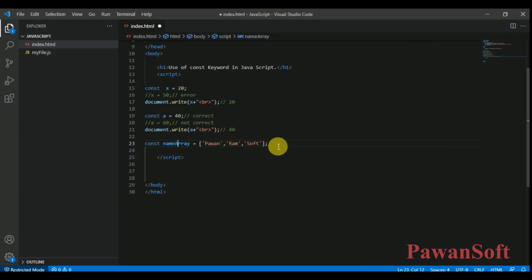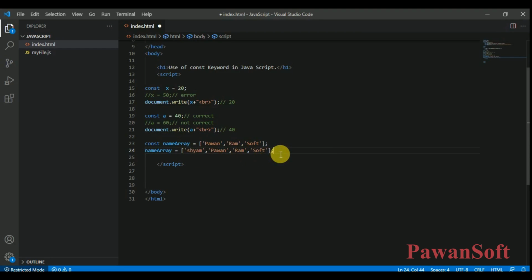Now what I want to do? Reassignment is not allowed, right? This is the variable. When I reassign it, I'm going to add something here.